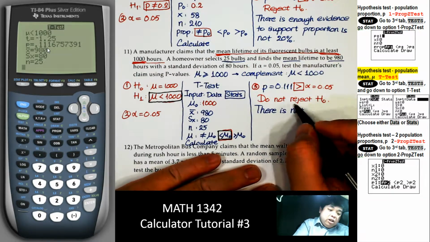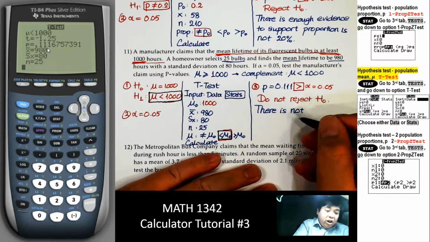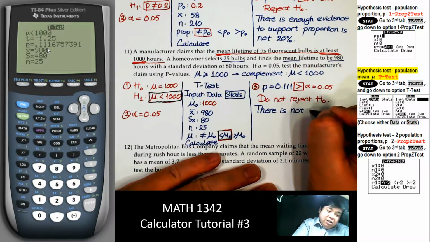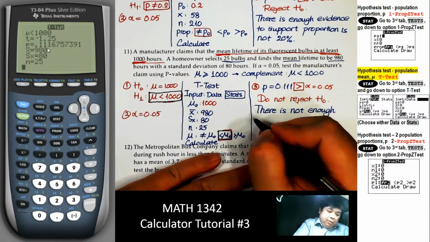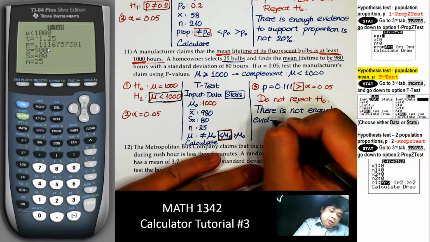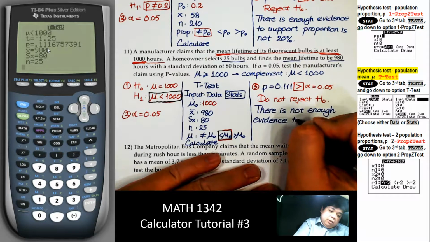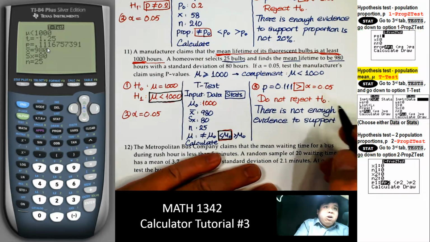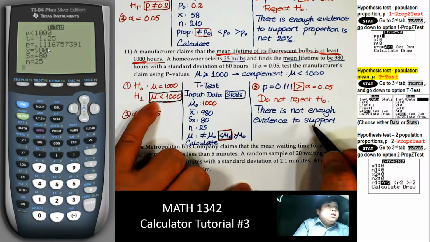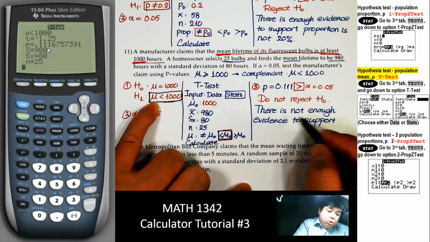If we do not reject, we do not have enough evidence. So there's not enough evidence to support the alternative hypothesis, to support that